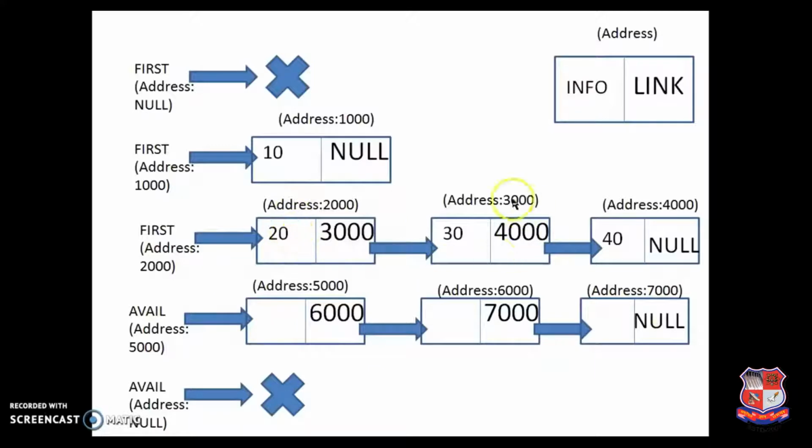Similarly, if I delete a node, suppose 30, then 30 node will come over here. So it will have 30 as its first node. That's a node at 3000 address would be its first node, then 5000, then 6000, and then 7000, and so on. Suppose there is one more scenario where the availability list has no more nodes left. So suppose there are 3 nodes available and you have inserted 3 nodes in this first part, then it would be empty. So I try to cover all the scenario in this slide so that you can get a clear idea of various scenarios.